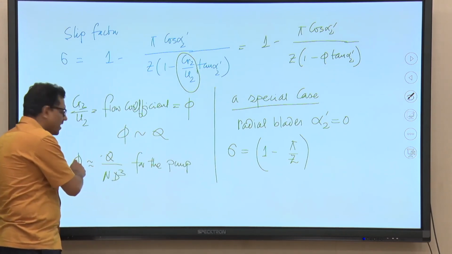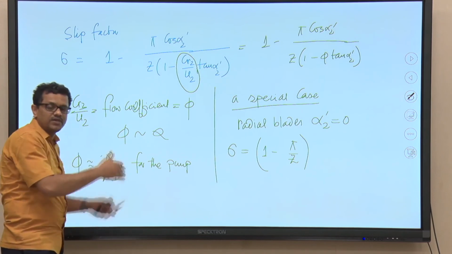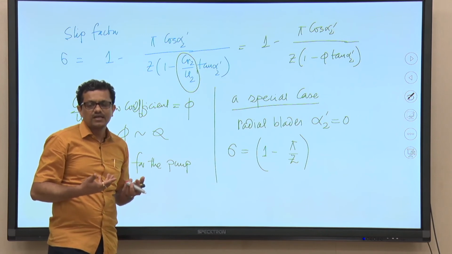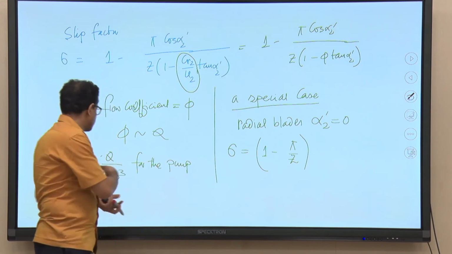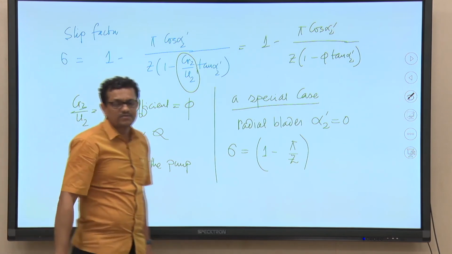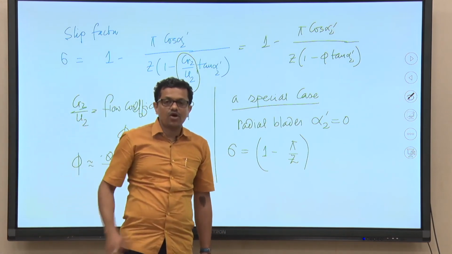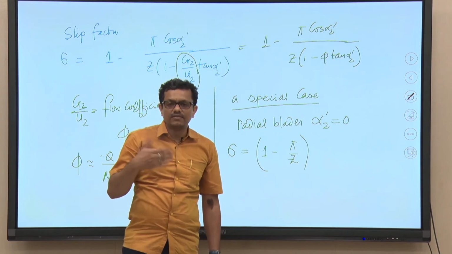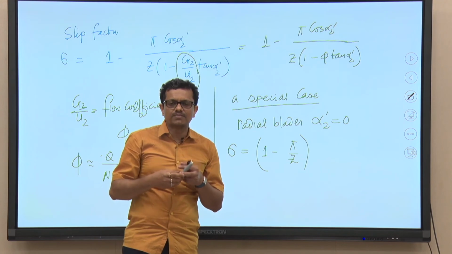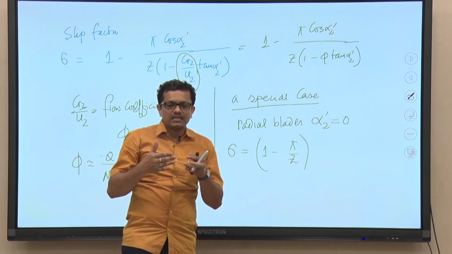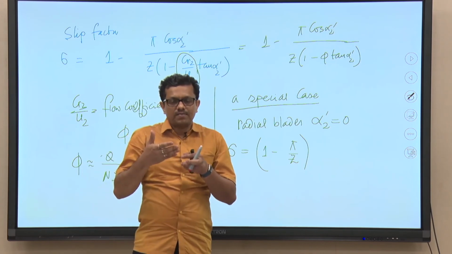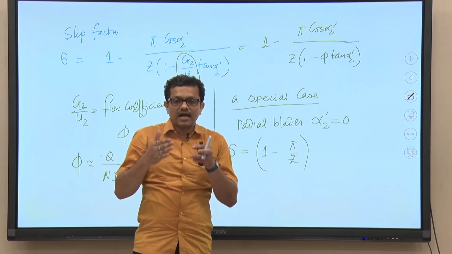So, if I know the phi, if I just change D from D1 to D2, then what will be the Q by N, and that is quite easily understandable from this expression. So, this is the physical significance of this particular parameter. Of course, the pumps should be geometrically similar, again I am telling, though I will be discussing this part, geometrically similar pumps are identical in shape, maybe they are different in size, but identical in shape.